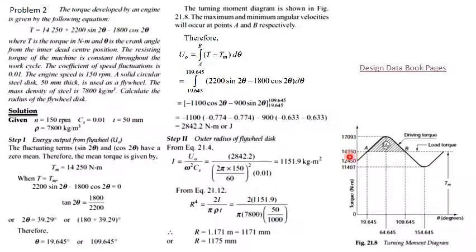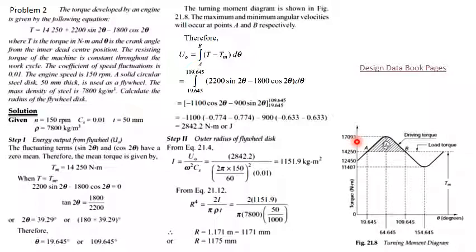At the mid position of AB, there will definitely be the highest peak of the torque, and at the mean position the angle comes to 64.645. So putting theta equal to 64.65 in this equation, we will get torque equal to